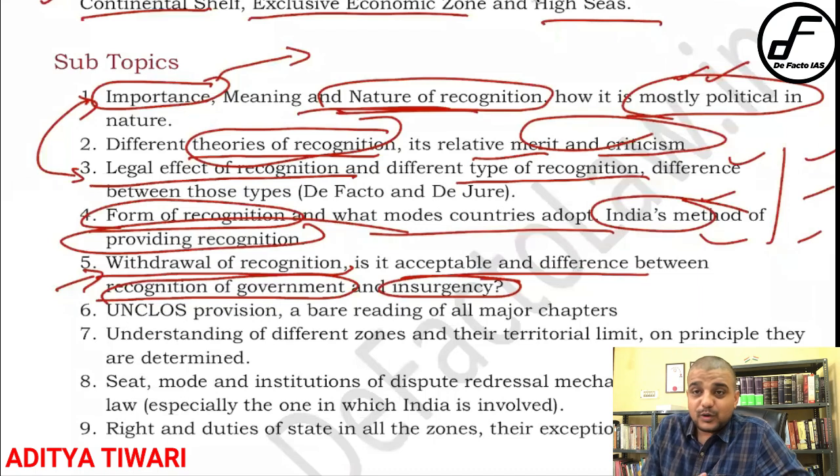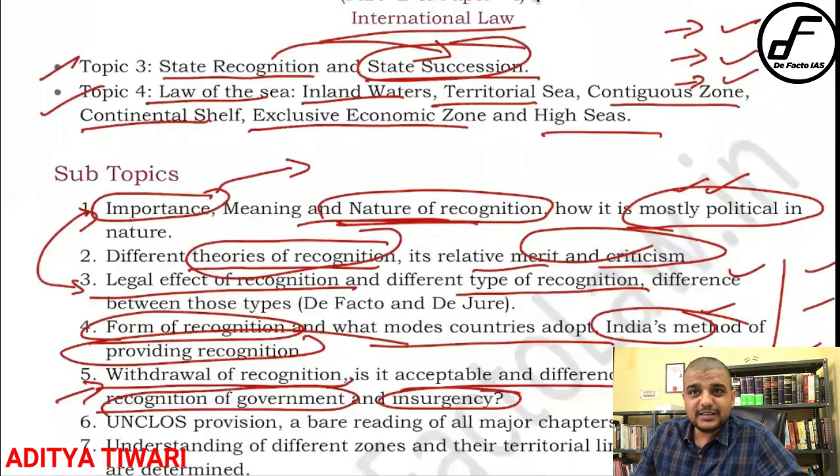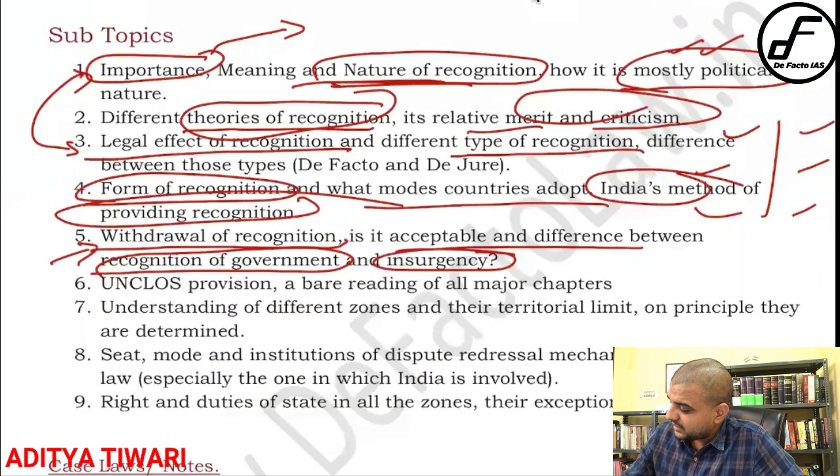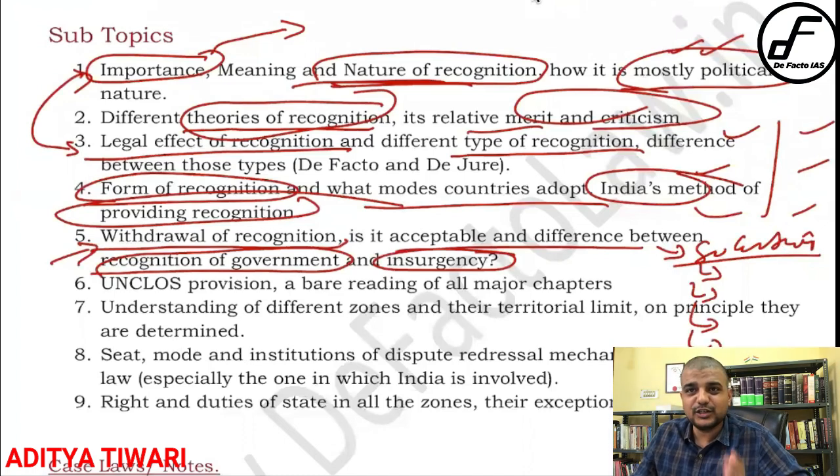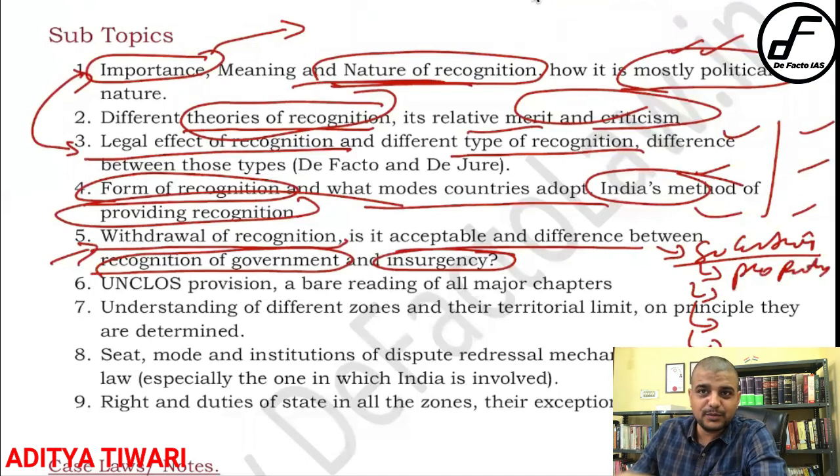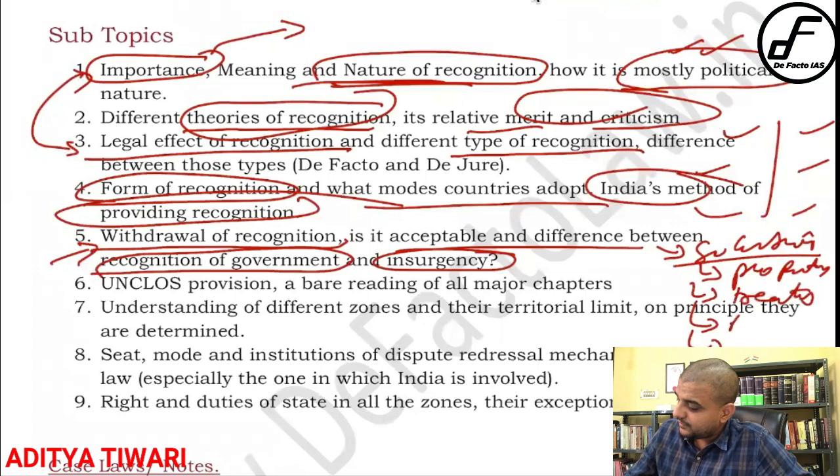Then you come to the law of the sea. Now there, I think I have missed state succession, right? There are a few points in state succession that I should have added, but I missed them. Suppose, in state succession, basically one thing is recognized: what are the rights and responsibilities of the successor state in four cases? In the case of property, if the property is situated abroad, what will be the rights and duties of the successor state? In the case of treaty obligations, in the case of archives,